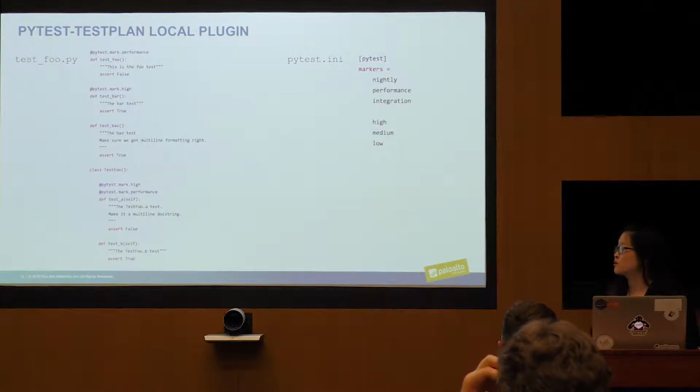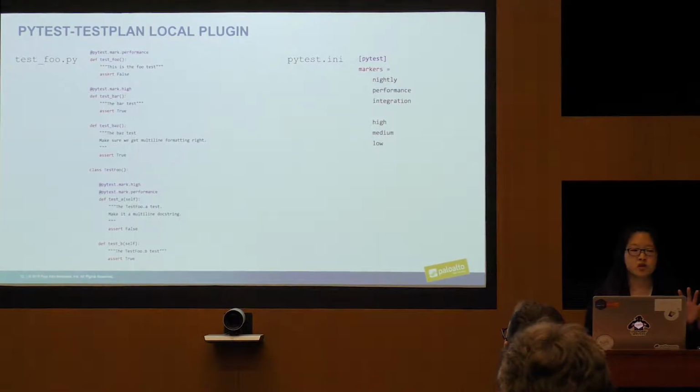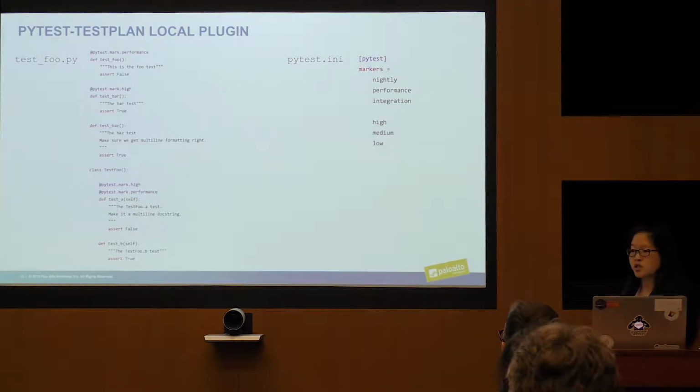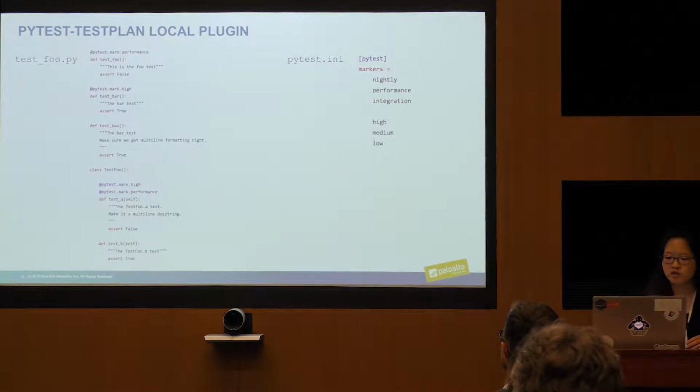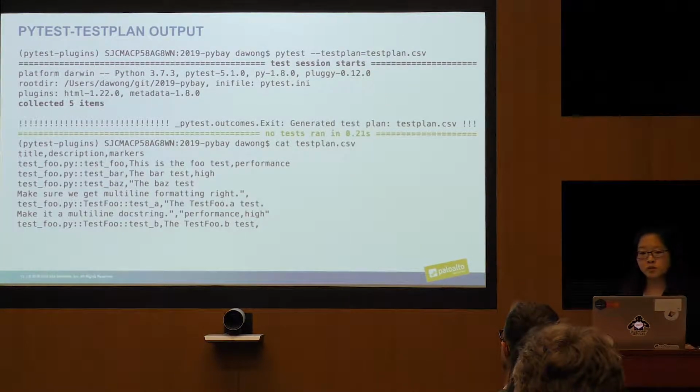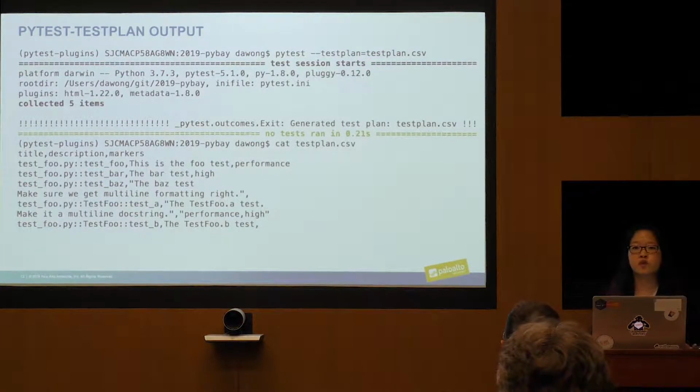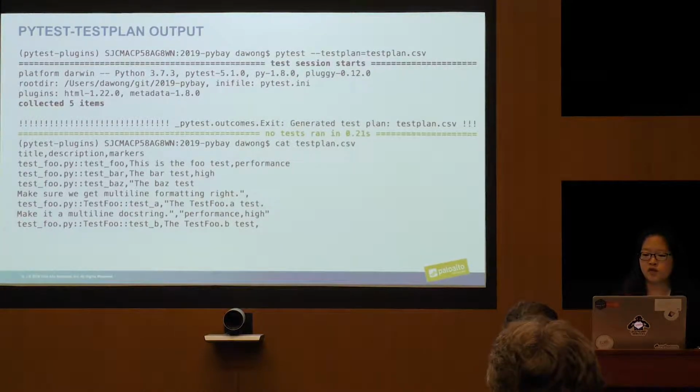So these are just some generic test functions, to show a mixture of test functions, different markers, and test methods in a class. But don't worry about what the tests actually do, because they don't do anything but assert true and false. So I run this from the command line and specify that I want the test plan to be written out to